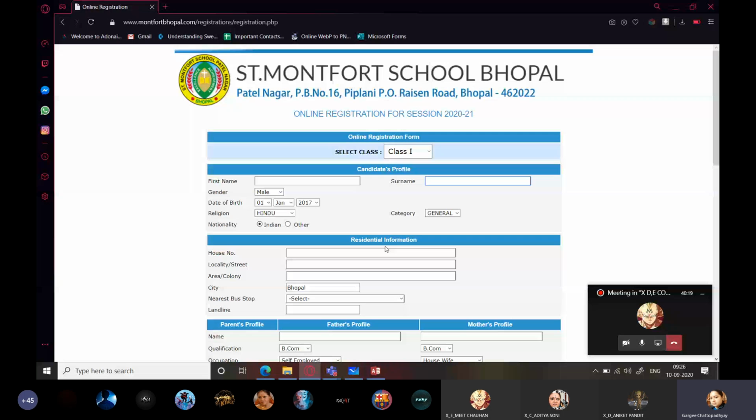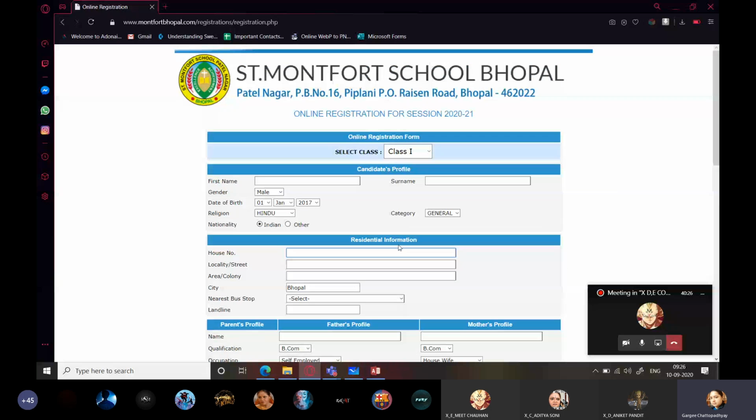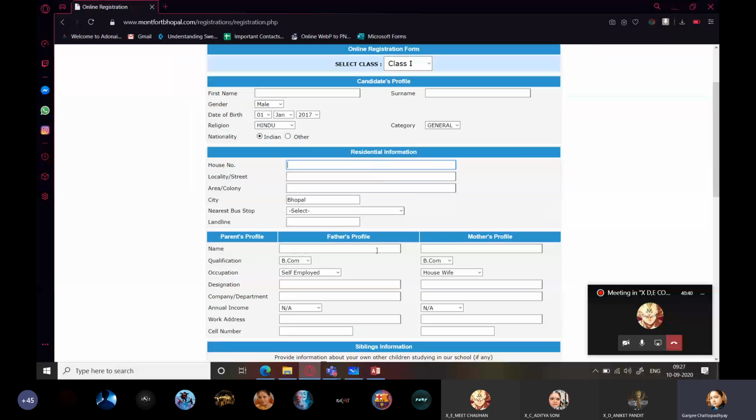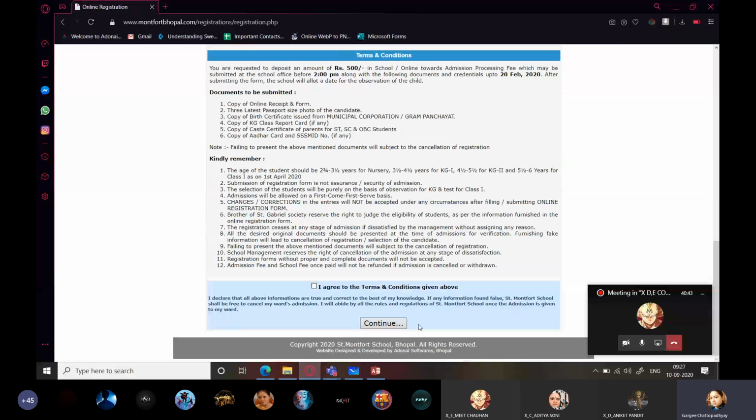So now what is this? This is something which is very easy for the data entry operator, or not only the data entry operator, for any person, you can also do it for your younger siblings or your cousins. All you have to do is fill in everything, and the moment you click on the continue or submit button, continue is for some other additional options, like paying the online admission fee or anything else, and at the end you will have a submit button. The moment you click that submit button,